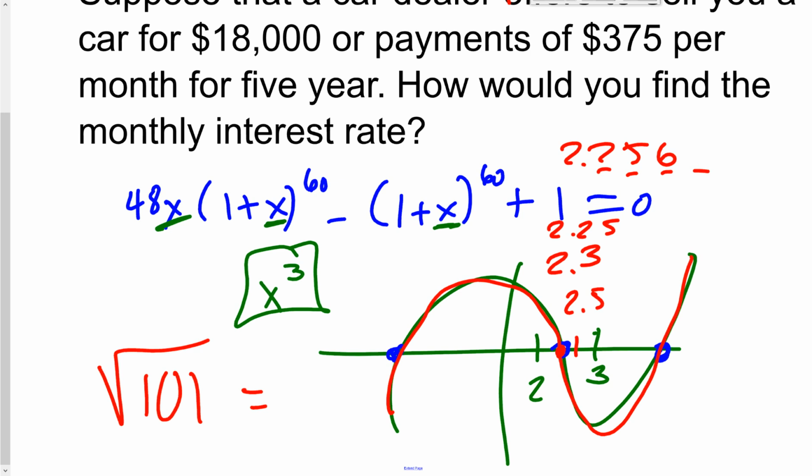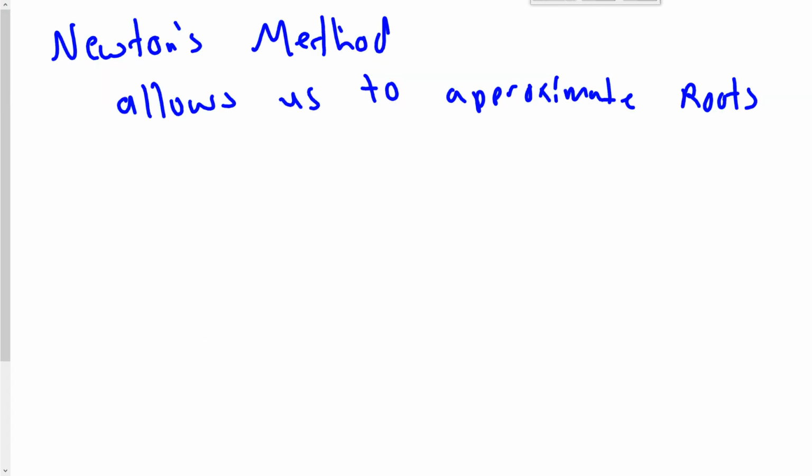Okay, so let's go through a couple. I'll show you what it is. So this is Newton's method. We're given some x value a lot of times, and that's x sub n. And we want to get closer and closer to the true value, right? So to find the next x, that'd be x sub n plus 1,